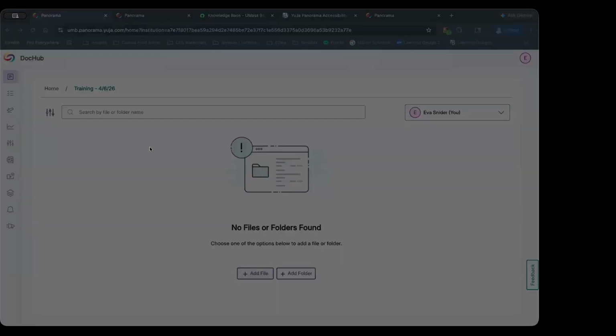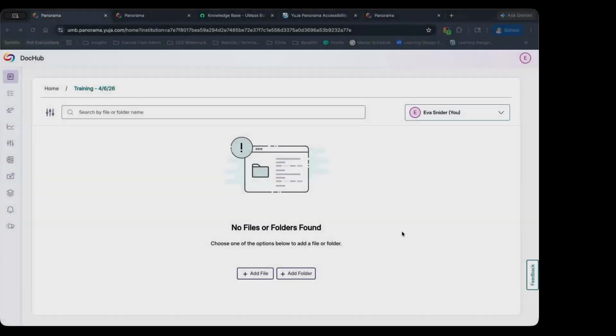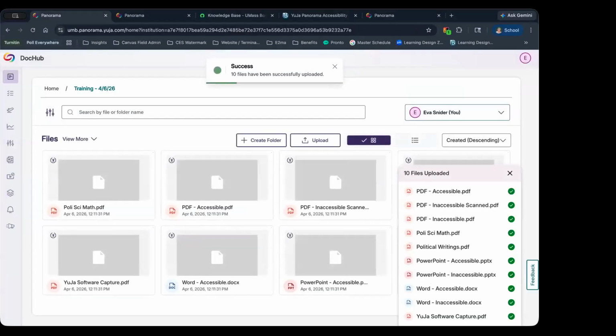And when I go to add files, I can add files from my computer. So I can select the files that I want to use. Here I'm going to go to all of the testing files I have, and you can select multiple files on your computer. So you can just drop in as many files as you want here, and it will process those files one by one. This can take a little bit of time.